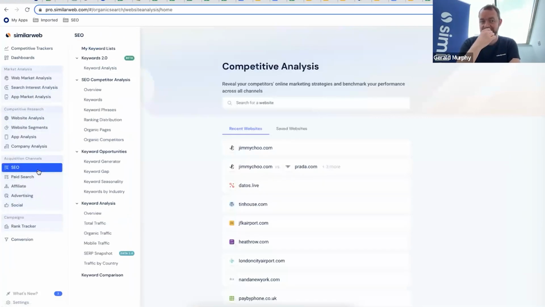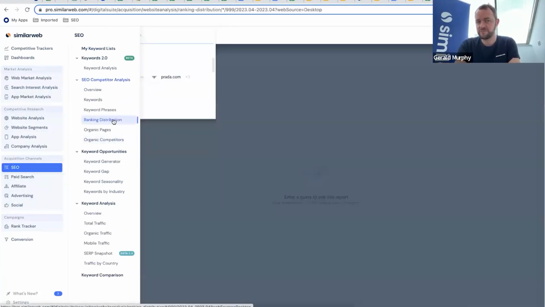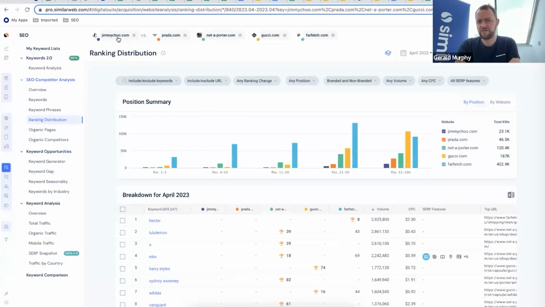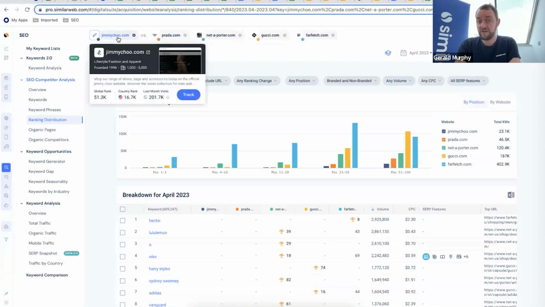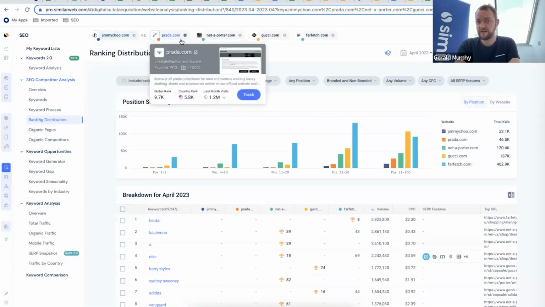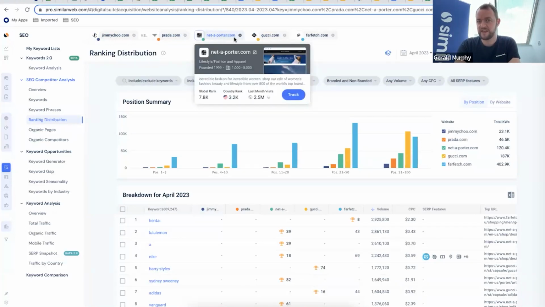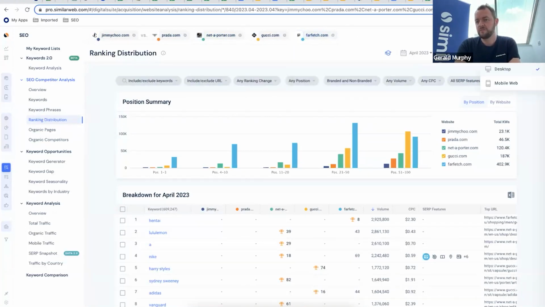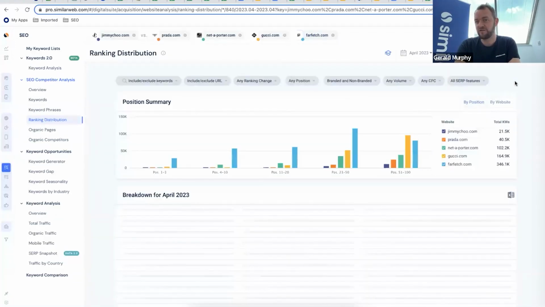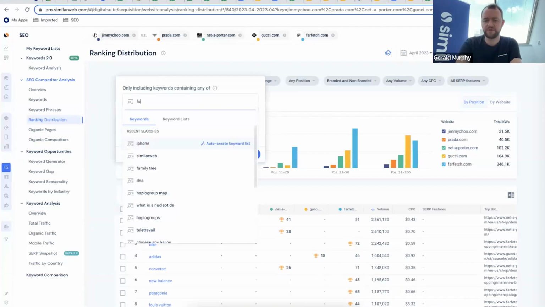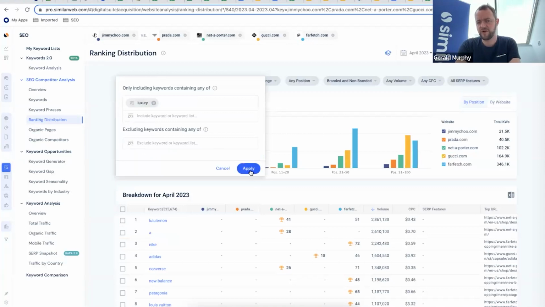So in the world of SEO, for example, we have a really amazing feature called rank and distribution. And what that will allow you to do is to go in, look at, for example, some high-end fashion brands like Jimmy Choo, Prada, Gucci, but also it'll actually allow you to look at things like Net-a-Porter, Farfetch. More importantly, it actually has a fantastic coverage on mobile. And what it's allowing you to go and see is, are any of these brands targeting the term luxury? So go in and look for luxury in the keyword.